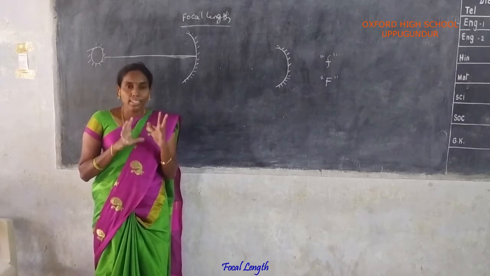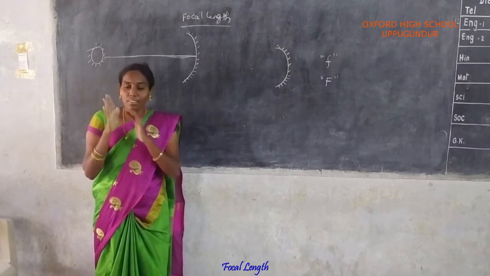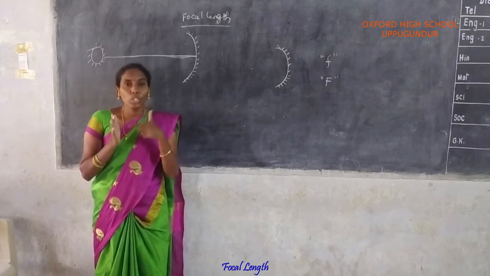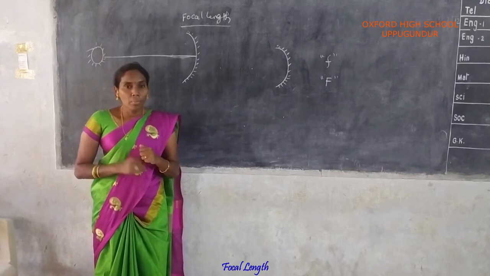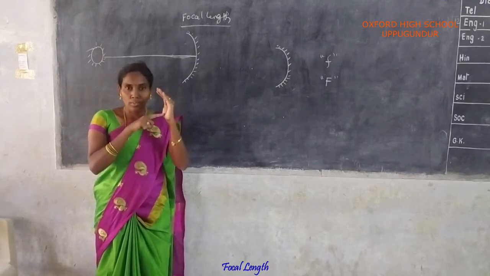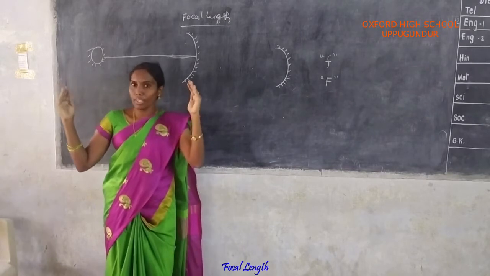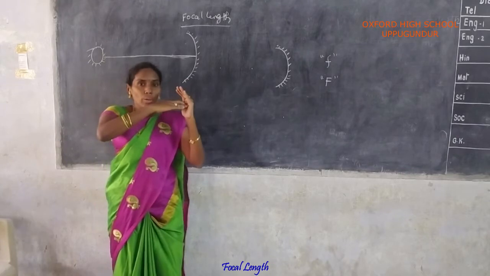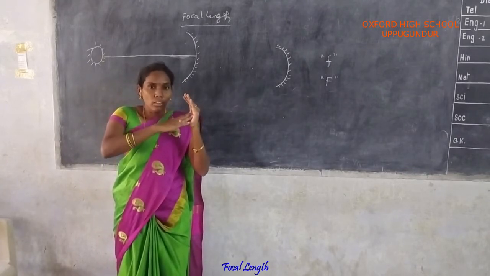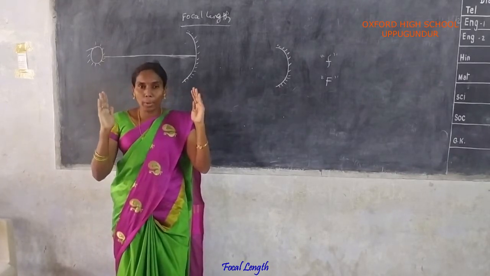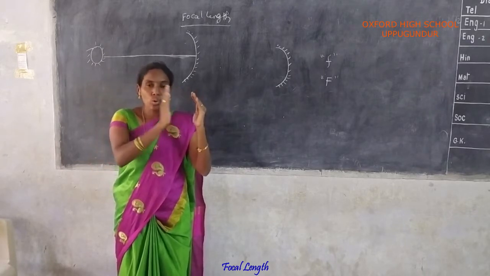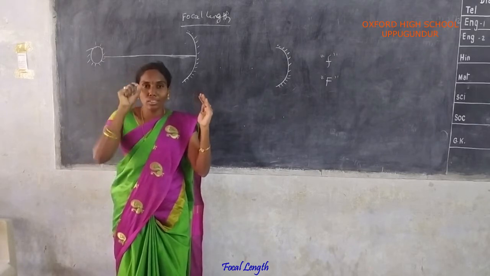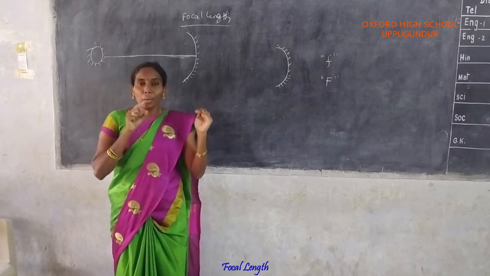Our main intention is to focus the image of the sun on the paper. That's why the paper should act as a screen. Okay, first take the concave mirror. The concave mirror is placed in front of the sun. The sun rays always fall directly on the concave mirror. Next, take the small paper. That small paper is moved towards the sun or away from the sun until we get the brightest and the smallest spot. That spot gives the image of the sun.